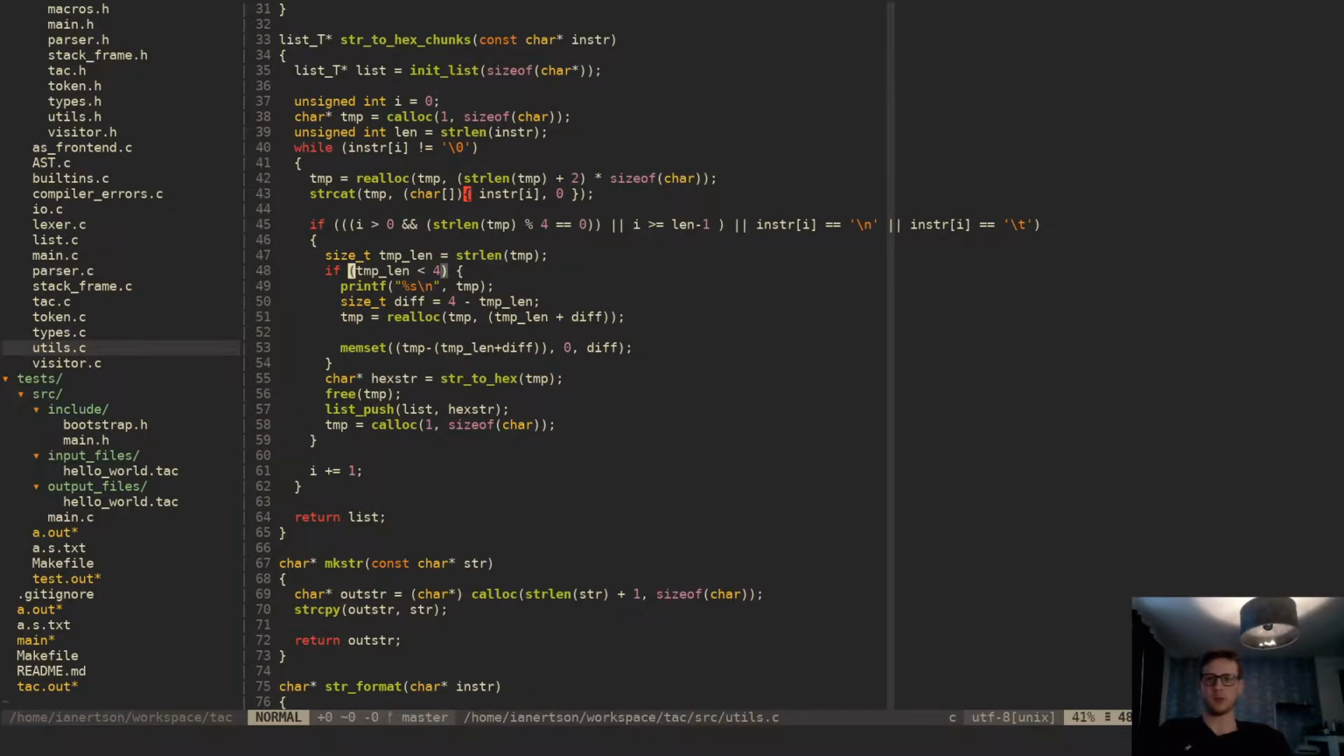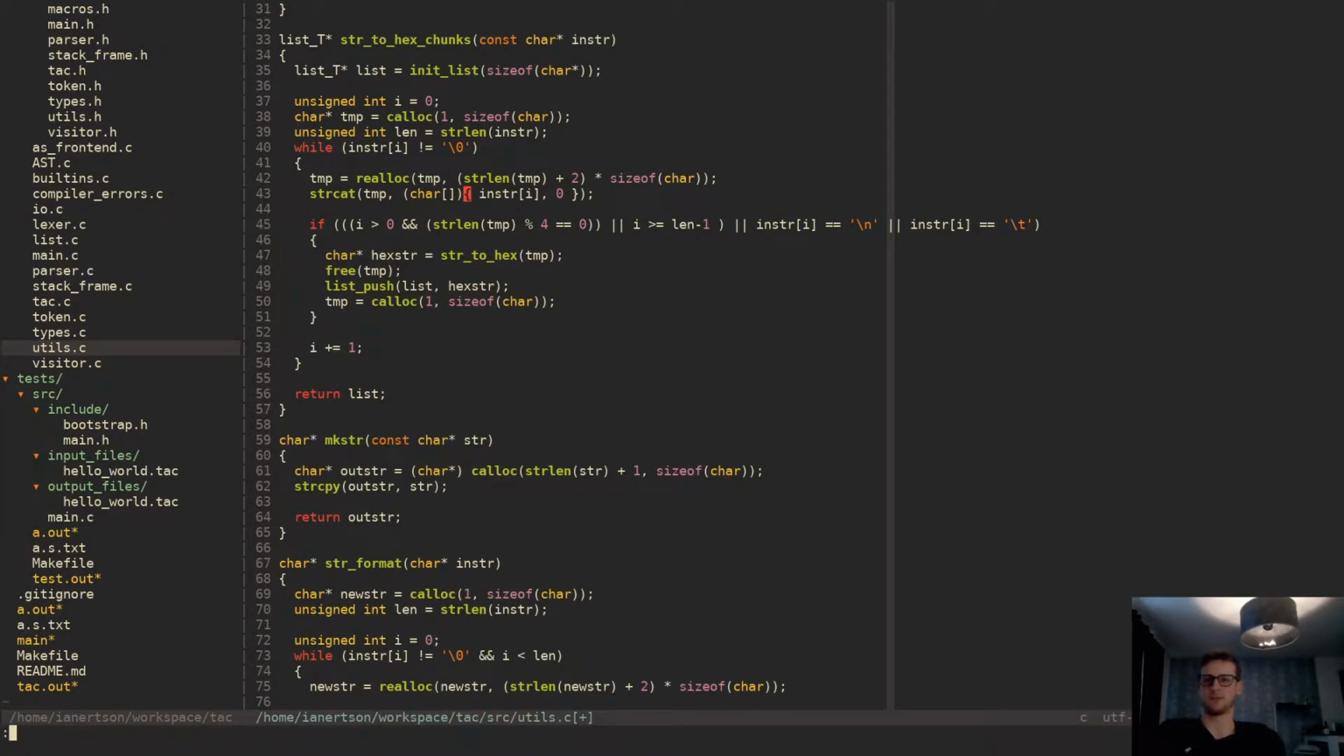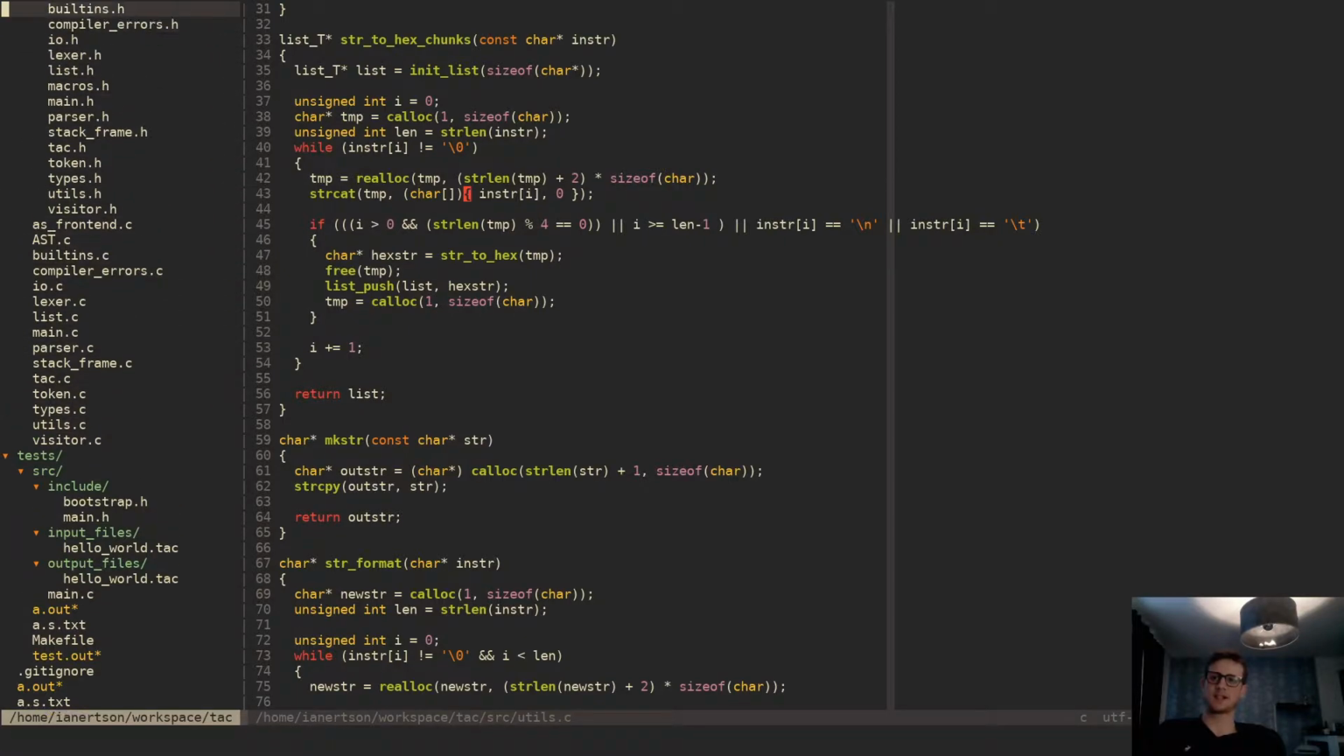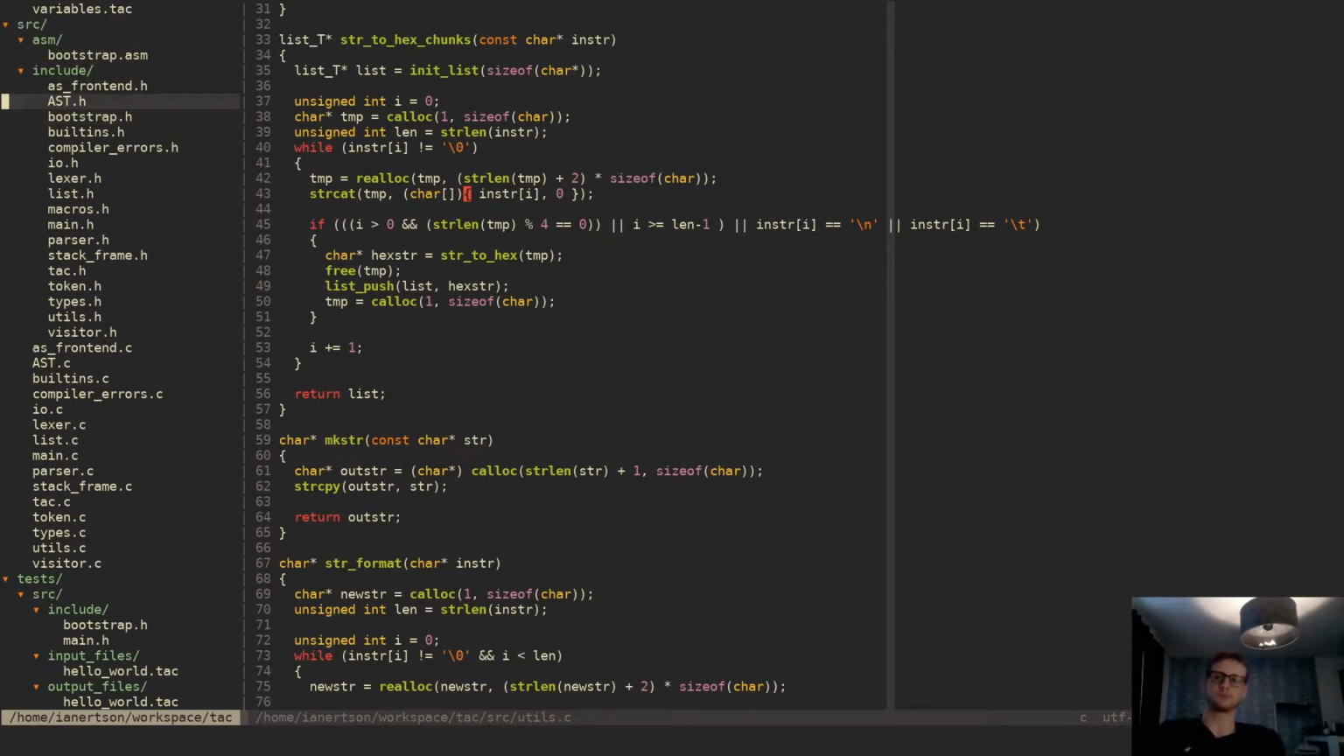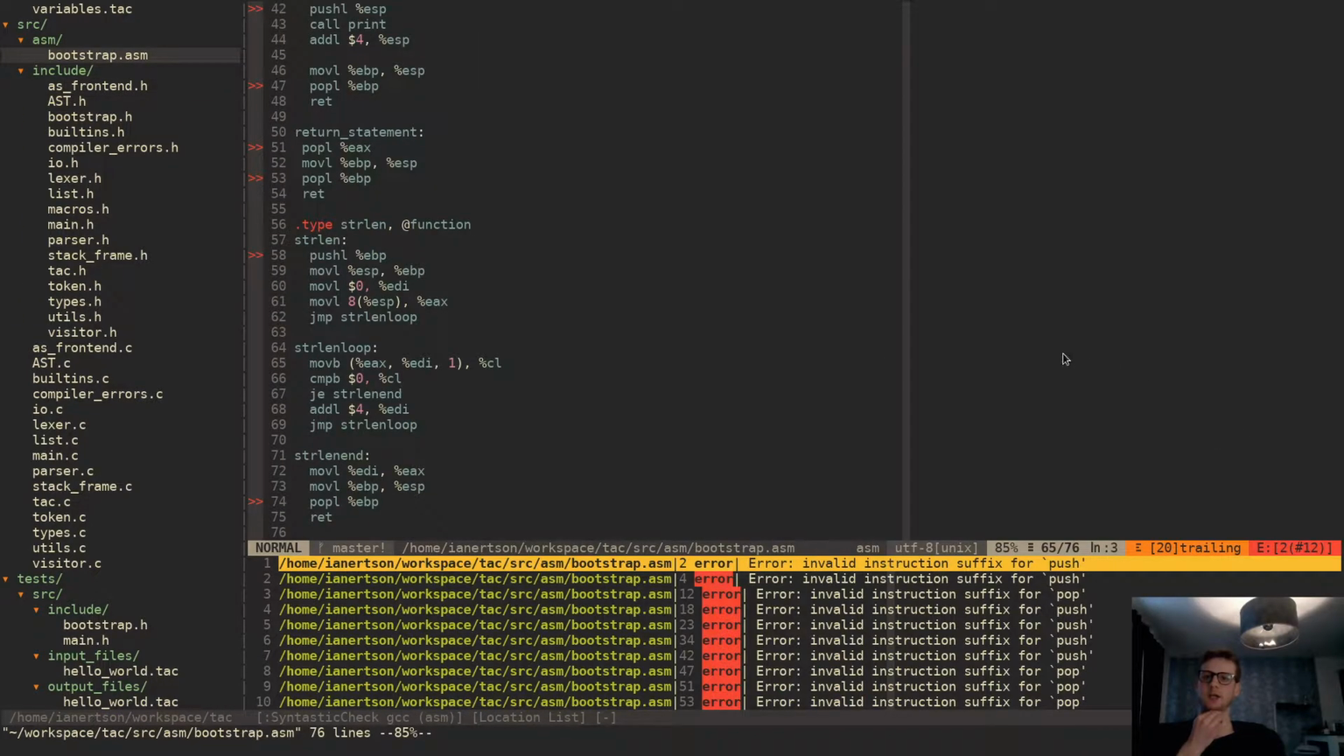And we were fiddling with this thing here, string to hex chunks. And off camera I realized there's nothing wrong with this function at all. So we're going to keep it as it was before. The problem is actually inside of our strlen function. So in our assembly code here,